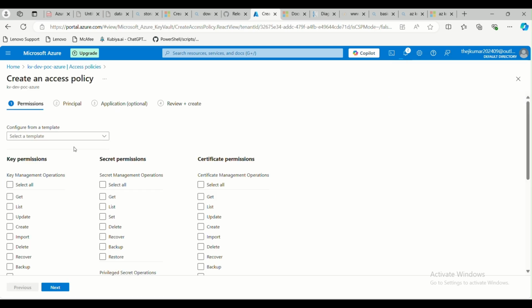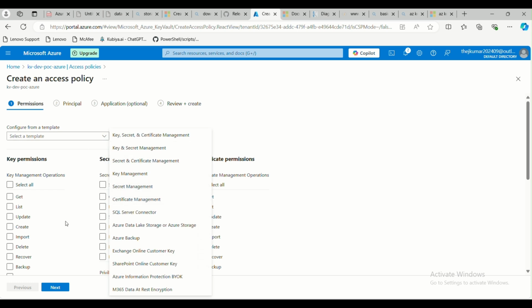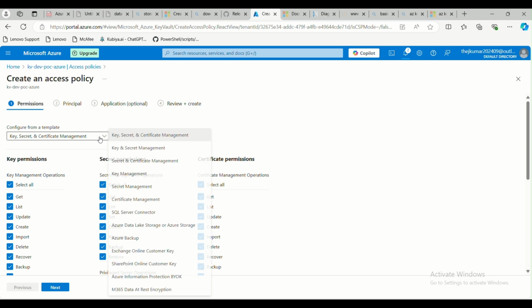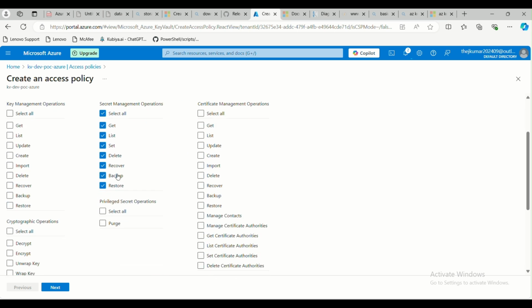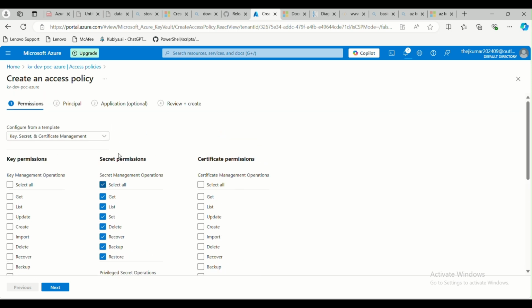If you click on create, by default it has certain templates with all permissions added. If you want, you can utilize that default template, or else I can create my own. It's up to you. I can edit it also. I don't want to manage all keys or all certificates. Instead, I want to manage only secrets. For secrets also, you want to allow get, list, and set, and you want to allow delete, recover, backup, or restore. Whatever permissions you want to give, you can select them, and you can click on next,